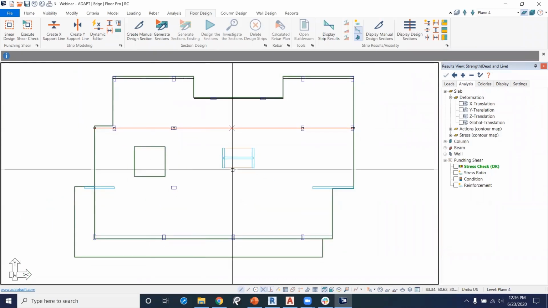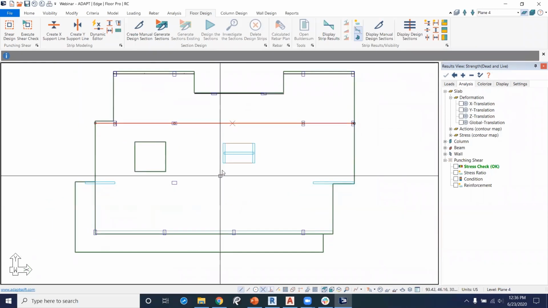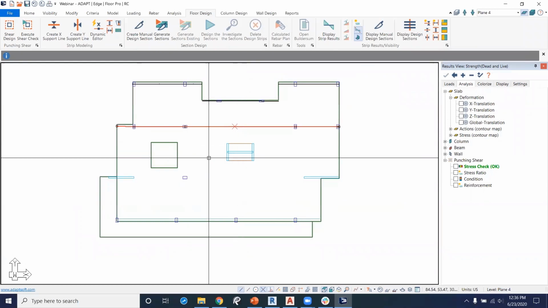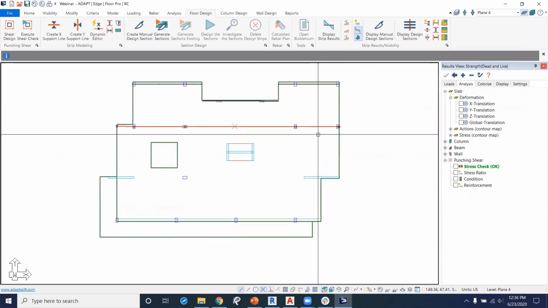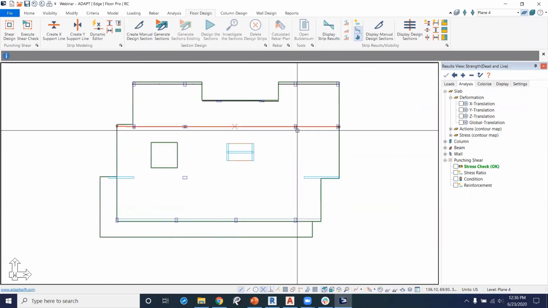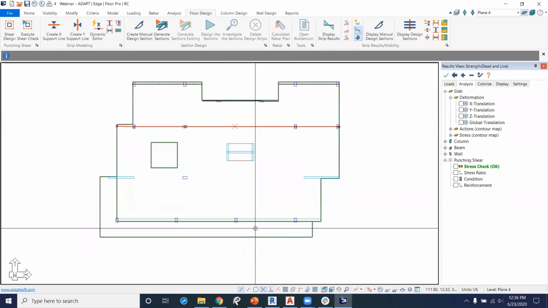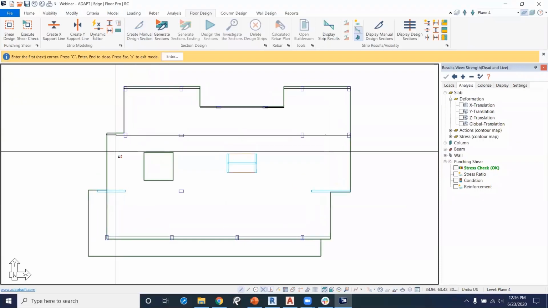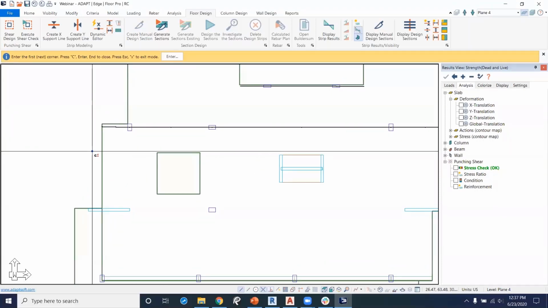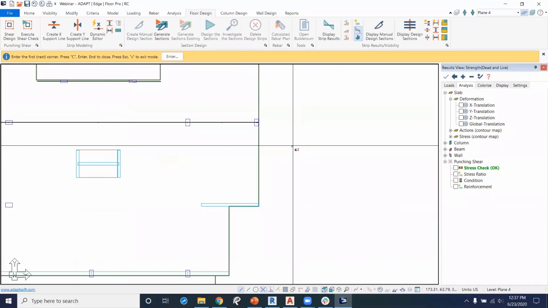Now, since I'm not going to go through all of the support lines in this model, but since I'm stopping here, we need to tell the program, hey, we need to stop these sections so that they don't cut all the way out here. We can do that by adding a splitter. Splitter is just a boundary for our support lines. So if we draw one right here real quick,